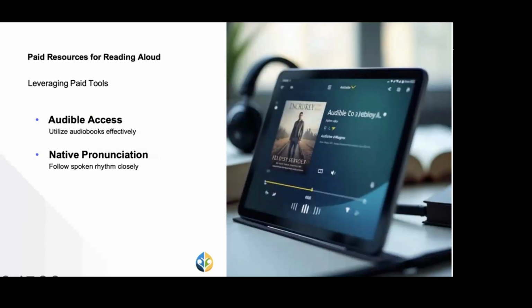So, in our digital age, numerous paid resources are available as well to enhance your English reading skills, particularly for practicing reading aloud. These resources not only provide content, but also assist in mastering pronunciation and rhythm. Audible access. Audible offers a vast library of audiobooks that cater to various genres and interests. By listening to these audiobooks, learners can engage with